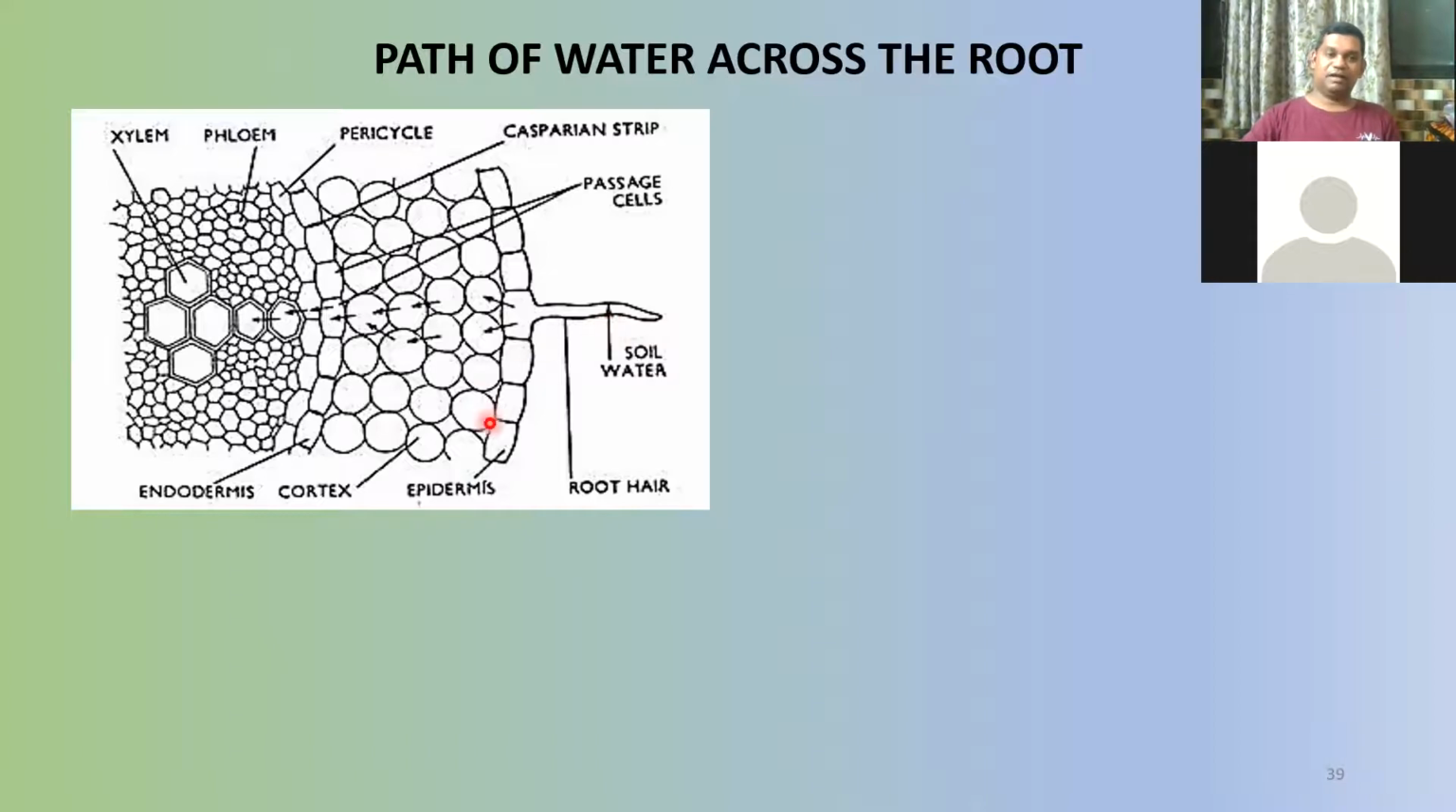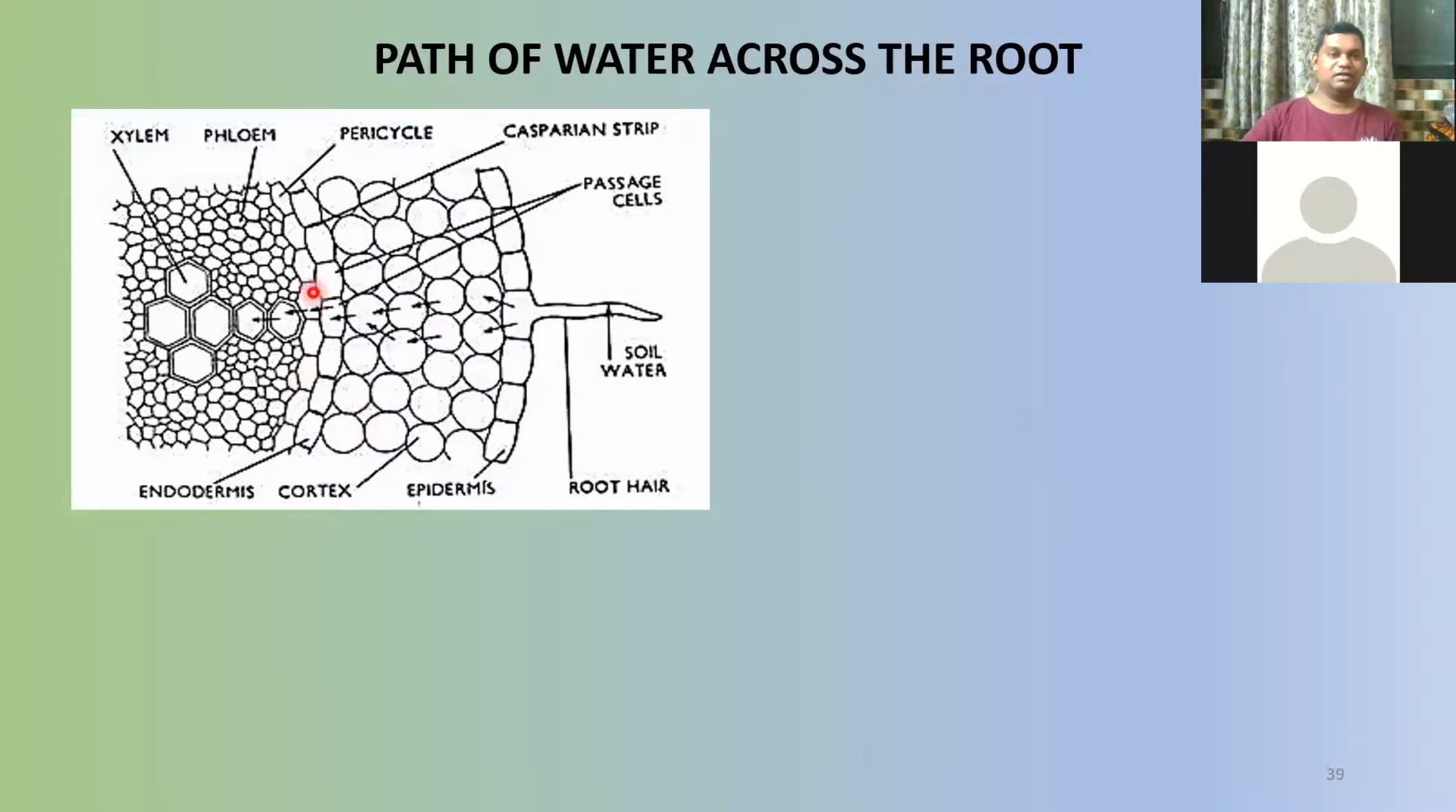Below the epidermis, there is a 4 to 5 cells layer of cortex. Consists of parenchymatous cells. The last layer of the cortex is called endodermis. After that's a single layer, endodermis. Next to the endodermis,